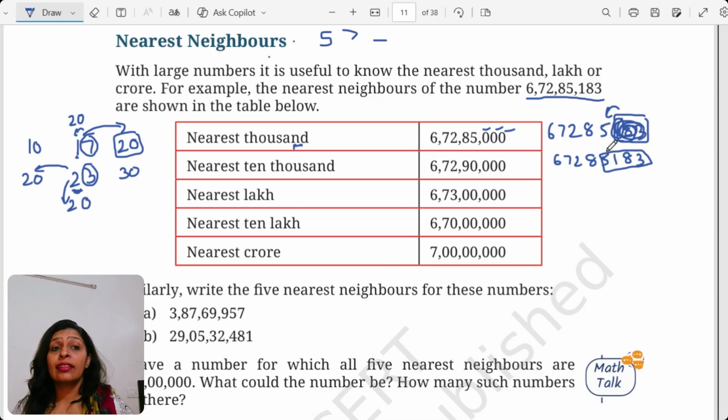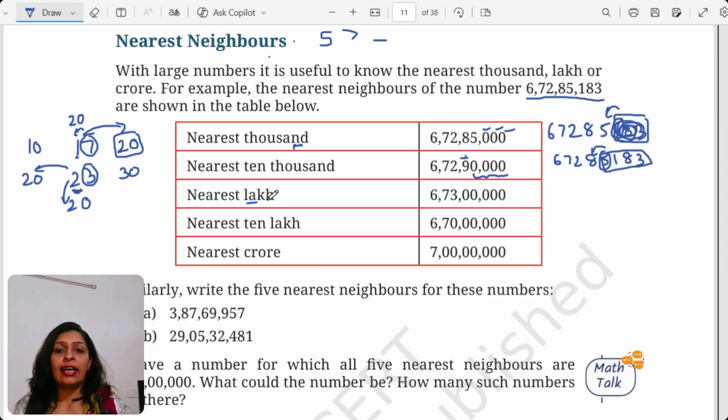This is what I said: if the number is 5 or greater than 5, it will increase the next number. So it is 5. So what number is there before 5? This is 8. So 8 plus 1 is 9. That is the reason why this 9 has come up here. Okay, so now you understand why this 9 has come. And again with the same logic, all the rest of the four digits would become 0, right? Now, I think it will be easy for you.